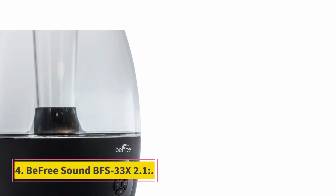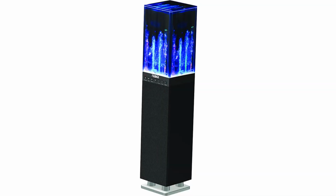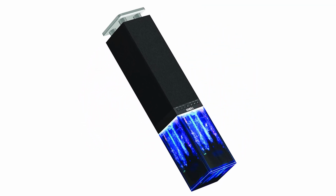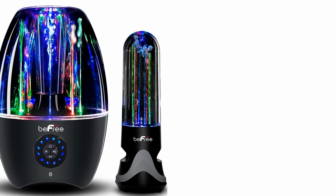Number 4. BeFree Sound BFS 33x 2.1. Another generic brand, most likely from China, is BeFree Sound. The speaker system we're about to show you is significantly more powerful and larger than others. This is the best choice for parties because it produces a decent sound that is louder and has greater bass